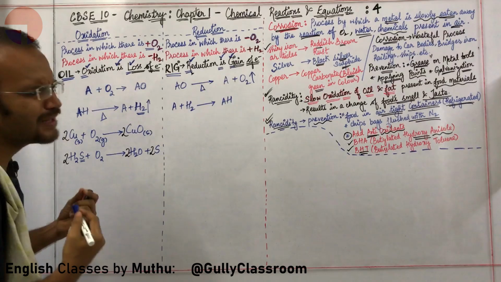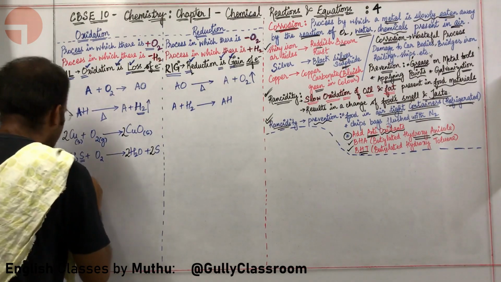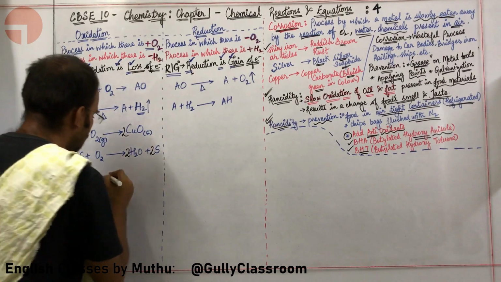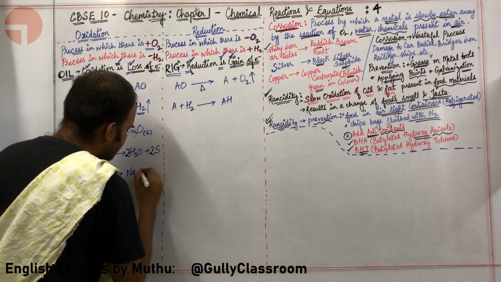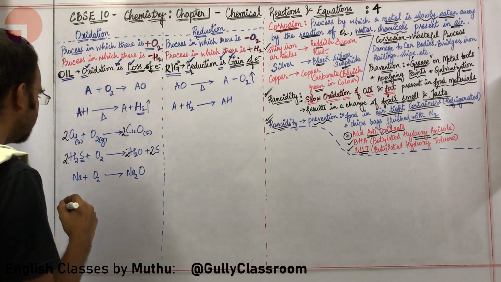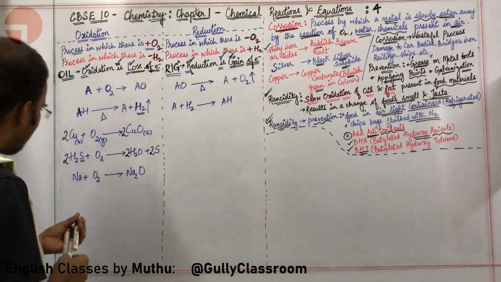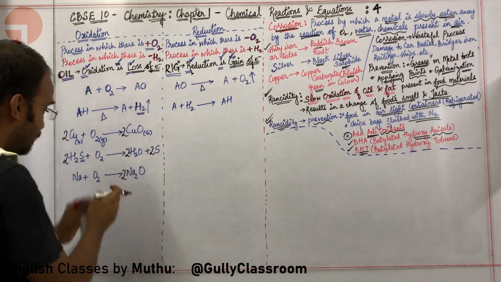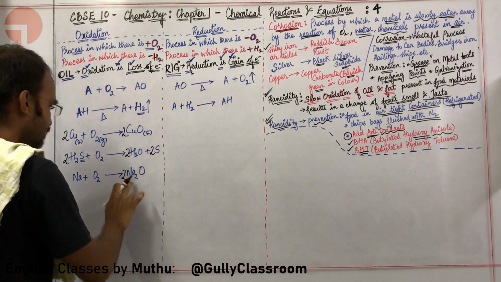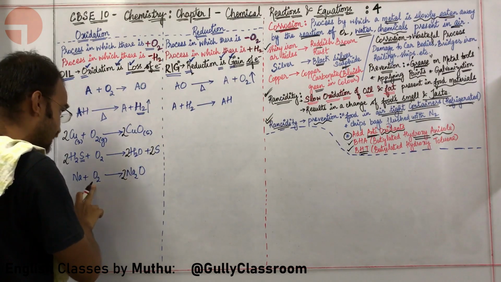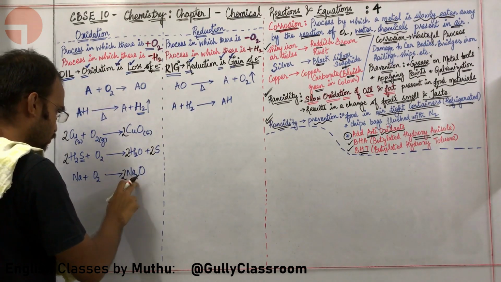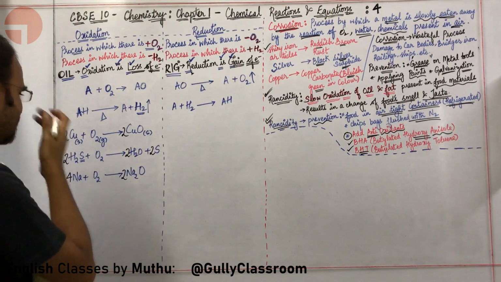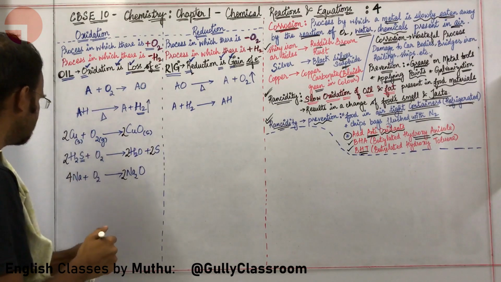Okay, sir. Give us a couple of other examples of oxidation. You can put oxygen with sodium. What will I get, sir? You will get Na2O. How are you going to balance this particular reaction? Here there is 2 oxygen on the reactant side, so I am going to put a 2 here. Now sodium is 2 into 2, 4, so I am going to put a 4 here. This is a balanced equation.